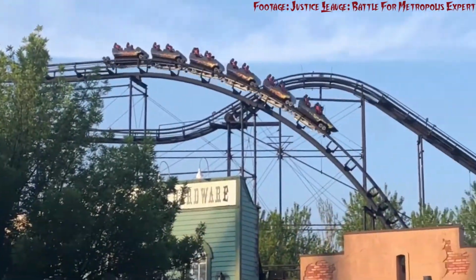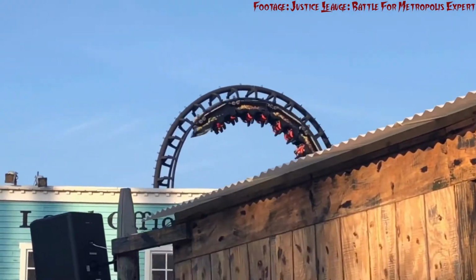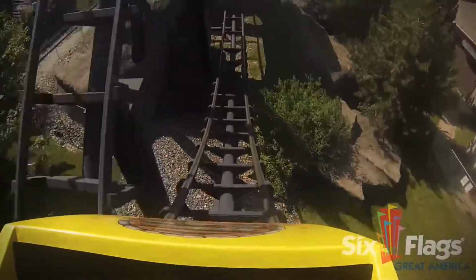This drop is nothing insanely special, but I didn't ride it in the back, which I hear gives a good ejector pop. But after that comes the first loop. This loop has some great force to it, and it almost makes you gray out because of how forceful it is. And next up comes a small straight section into the second